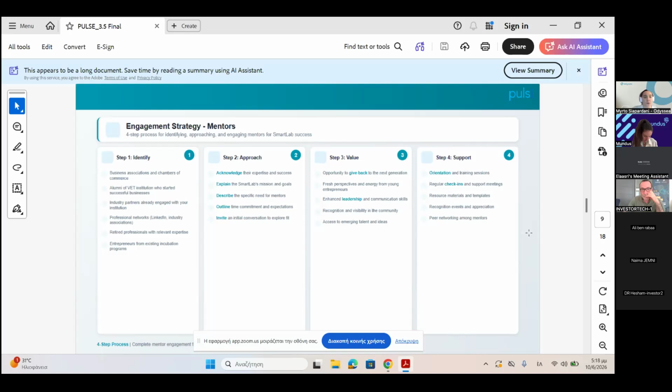Here you can see a 4-step process for identifying, approaching, and engaging mentors for having a successful smart lab. First of all is the identification. As we also mentioned, it is very important to search for your mentors in networks or in different providers, companies, policy making bodies that you